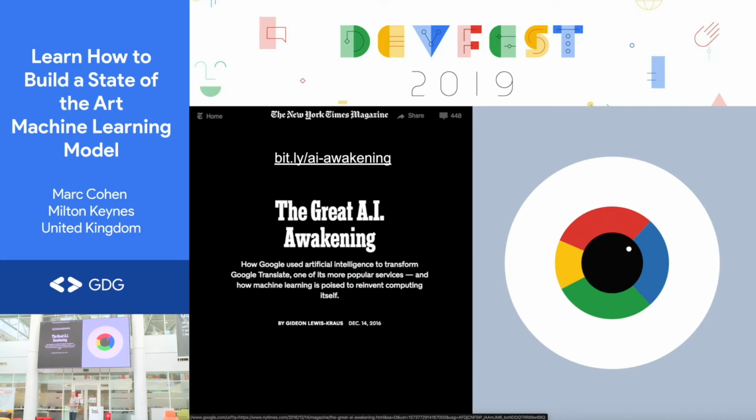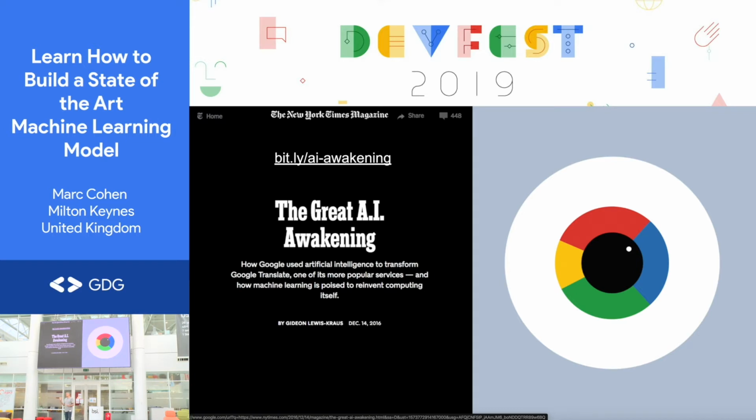Some of them had made it their life's work, and it seemed a little hard to believe that it could be renovated or reinvented by the technology that was being proposed. What they found was that they were able to deliver the neural network-based version of Google Translate much faster than anyone anticipated originally. And the quality improvement was just incredible. It was better than anything they'd been able to achieve with their previous models in the past 5 years, in sort of an overnight cut to production of the new model.